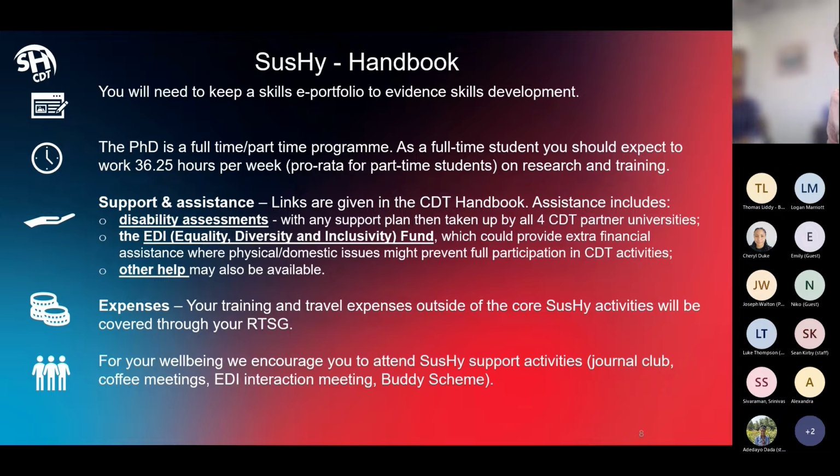Last thing there, do look at the things that the SUSHI students are doing, and also the activities that we're putting on. These are ways in which you're developing your support networks, and there are a variety of things in addition to the buddy scheme, which we've talked about already. The students are running their own journal club. There are coffee meetings, and we have quarterly EDI meetings as well with the students. These are ways in which, number one, you're connecting with people, but also ways in which you can discuss any issues that you wish to raise